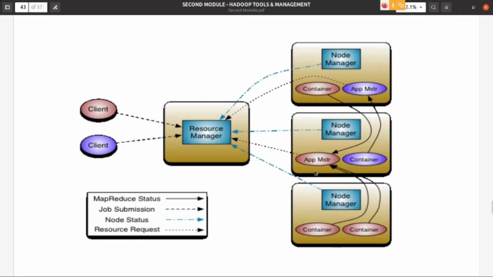By using these three containers, that application is running. And look at this other application master. It is using this container. That means the second application is running in this cluster using the resources available in the second node, because this container is in the second node and assigned to this application master.